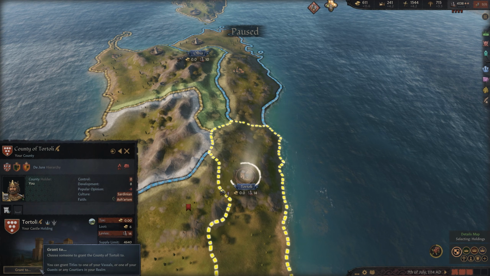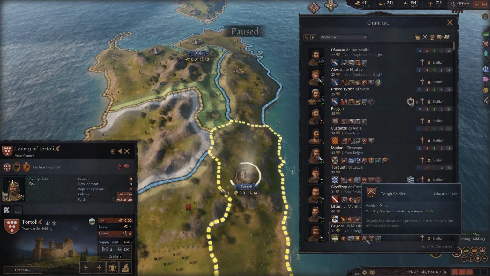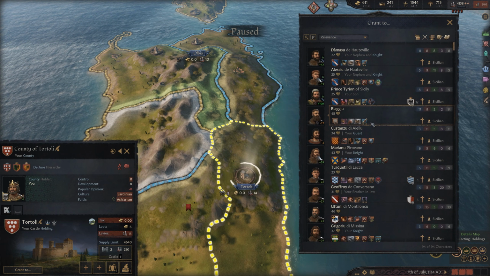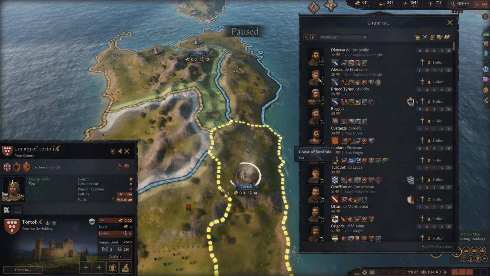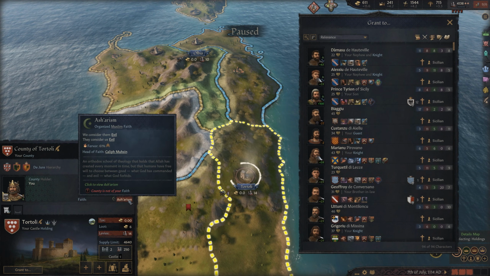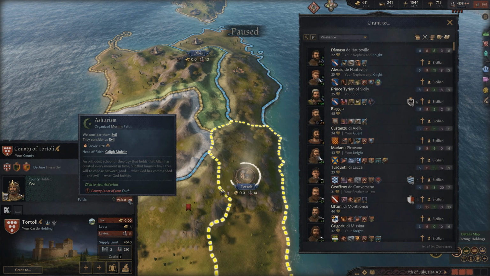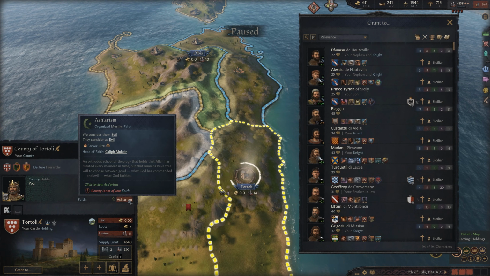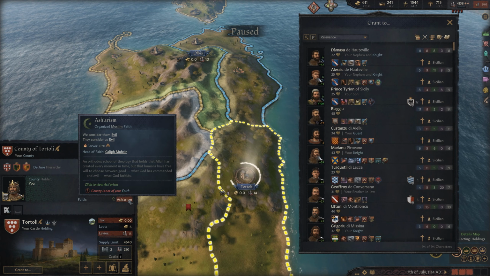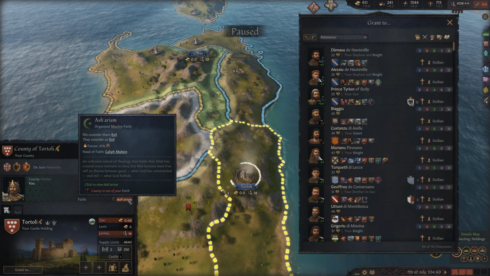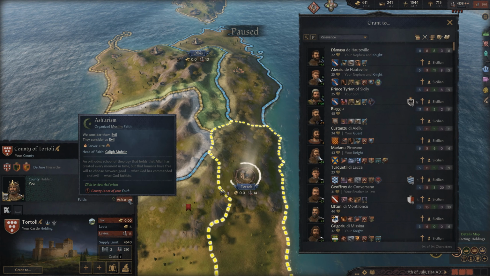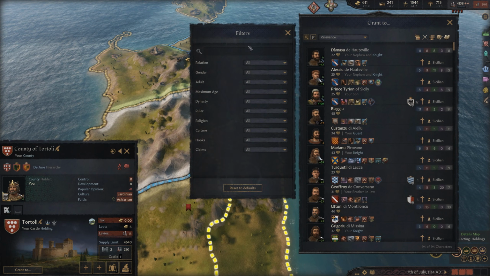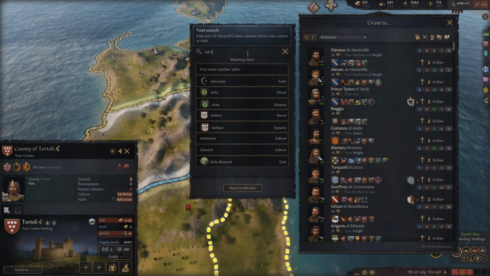So if I press grant to, it brings up all my list of people in the realm that I can select to become vassals. Now, what's important to look at in this list is first the culture and the faith of the location you're appointing your vassal to, if it differs from yours, mainly the faith. The culture can differ and it can cause some situations, but the faith is always the most crucial one in my personal opinion. You can really circumvent converting faith by simply choosing a vassal that has that faith. Now let's take a look here. I'm going to type in Shariism.